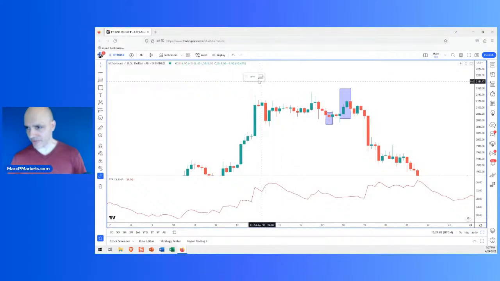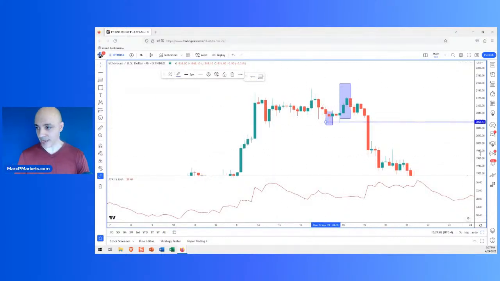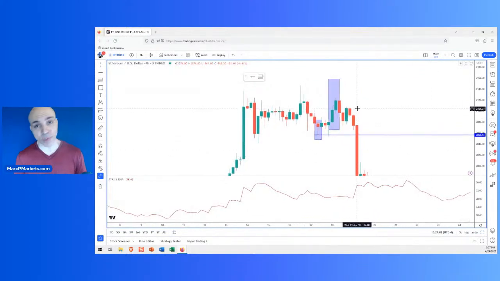Okay, hold on. This thing's giving me a hard time. All right. So I would never call around this level. This general area was a resistance area, which we can also see on Bitcoin. But as you can see, the trade was worth something, right? And this is what I want to talk about.